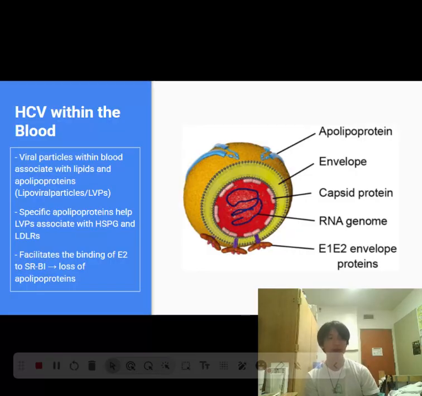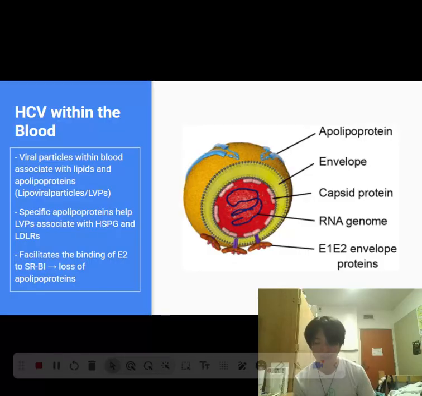It details how in the bloodstream the envelope of HCV associates with certain apolipoproteins that help it associate with hepatocytes. For example, ApoE and ApoC1 assist in the association of the HCV particle to heparin sulfate proteoglycans, or HSPGs, while ApoE and ApoB help the HCV associate with low-density lipid regions. I assume that all of this is just to help it get in close contact with the hepatocytes to facilitate